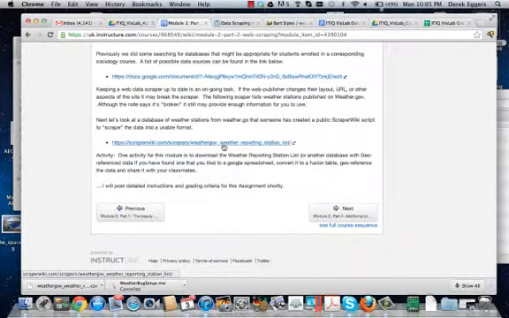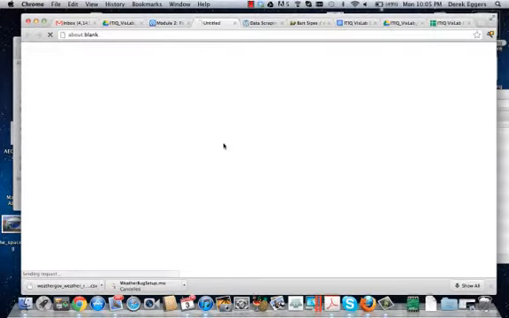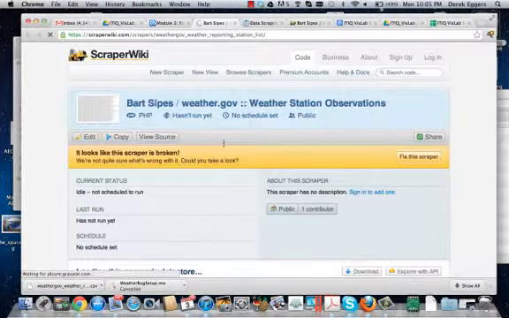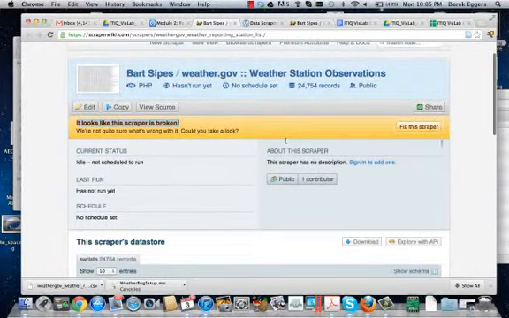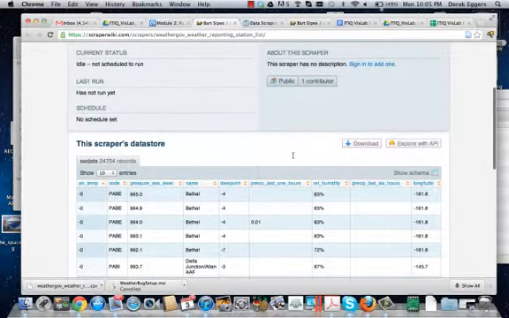that is the weather reporting stations list. So I go to this link that I've already posted for you and go to the scraper wiki, and again, as we mentioned earlier, it looks like the scraper wiki is broken. I don't know how to fix that, and I'm not going to worry about it. What I'm going to do is look at the data that was retrieved, the last bit of data that was retrieved. And one thing that I noticed here is this has